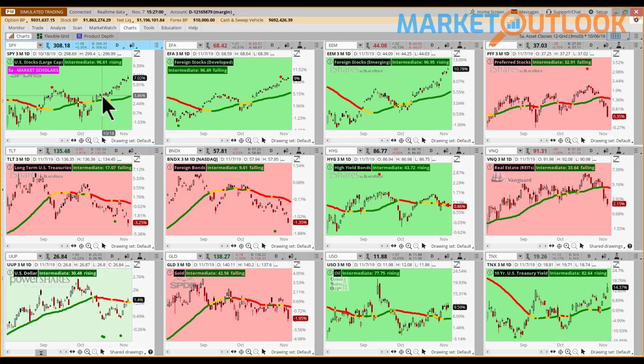That all by itself was a surprise to a degree, because we hadn't seen that for so long. The new development that you'll want to be aware of is that finally the emerging stocks are outpacing the developed foreign stocks. That is also a healthy sign, because if you want to think of it from the perspective of what would be considered the riskiest investment, emerging markets are considered riskier than developed markets, which are considered riskier than